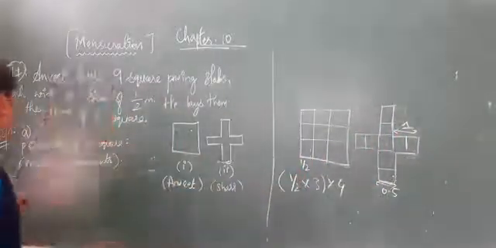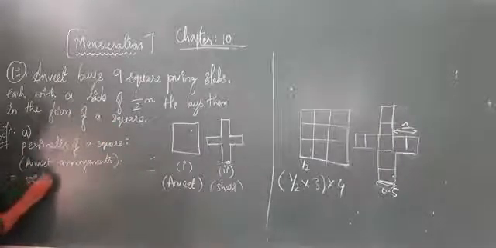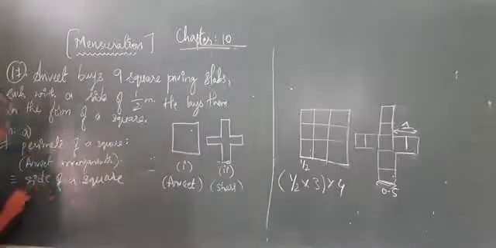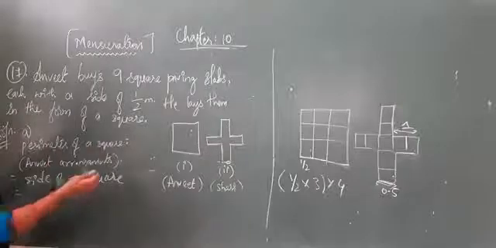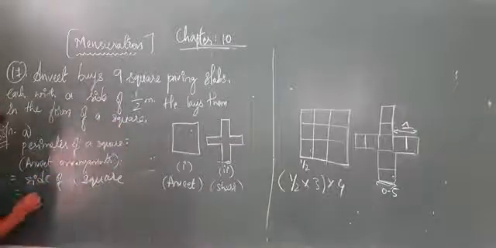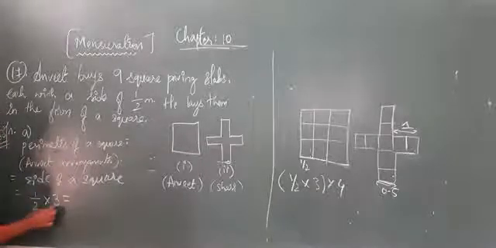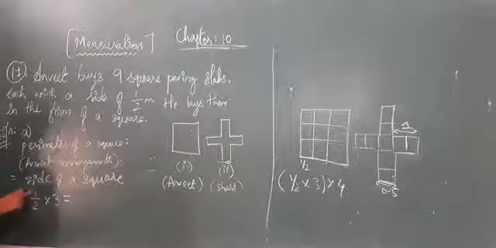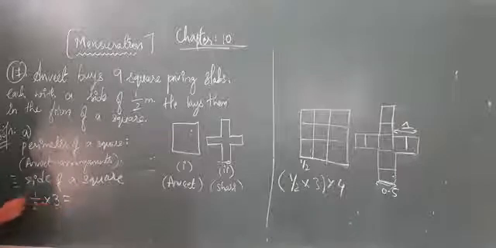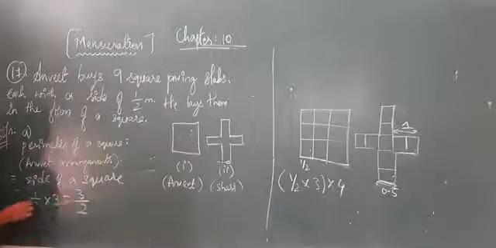So the solution is here. See, first what you have to do is take the side of the square. So the side of a square is, as we already said, half into 3 because it is arranged in 3 patterns. Okay, the square. So write this half into 3. Half into 3 means the denominator is given, so 3 is multiplied to the numerator directly. When it is multiplication, you can multiply directly. So half into 3 will be taken as 3 by 2. 3 ones are 3 and denominator 2.